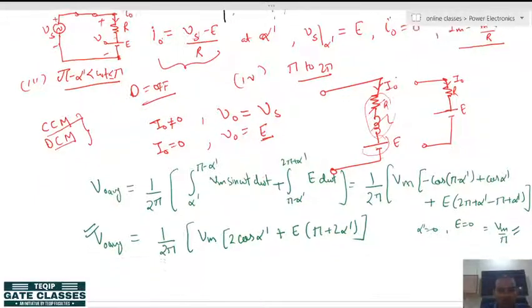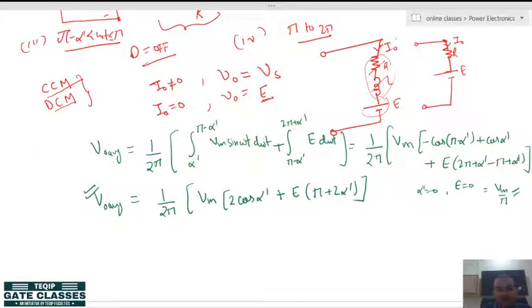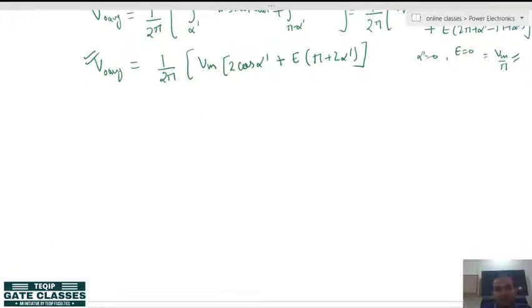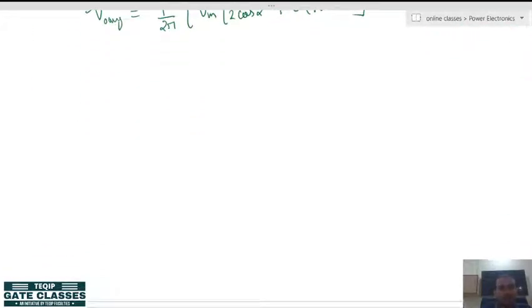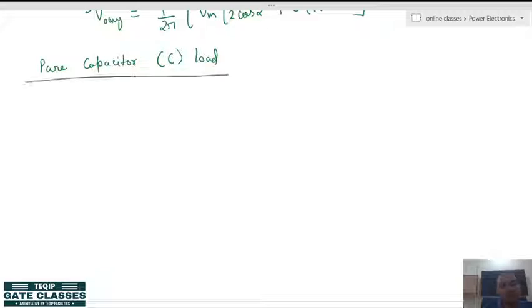All right. So, moving on to the next type of load, that is the pure capacitor or C load. This question has also come in GATE 2 to 3 times. So, if you have got a pure capacitor load like this,